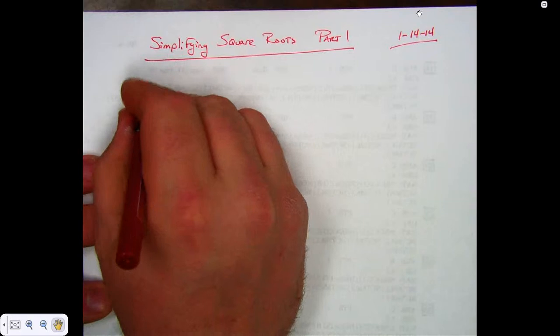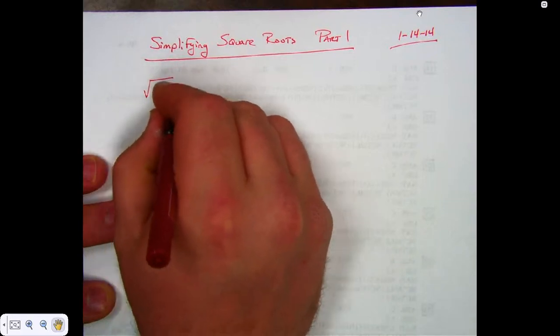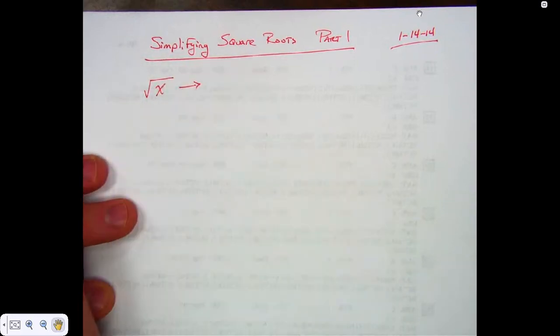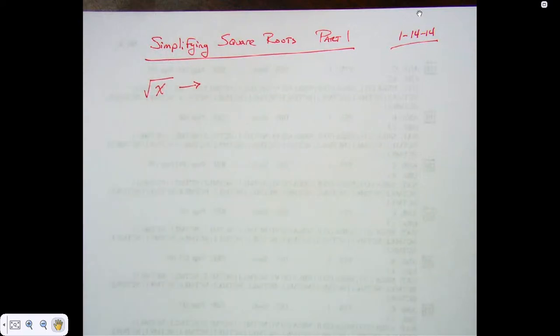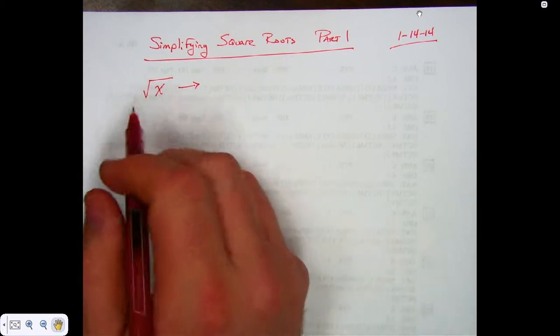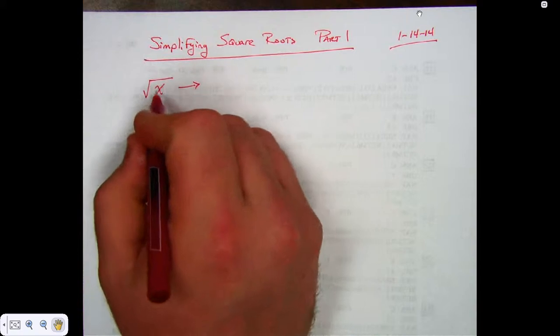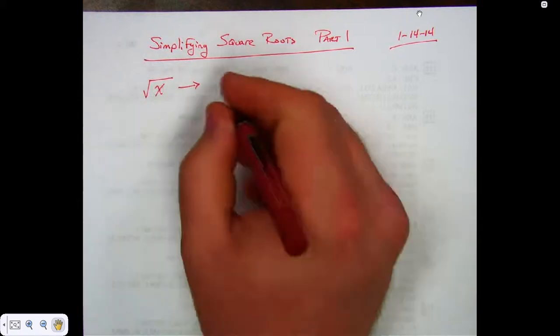First of all, we need to understand what square root of x is basically saying to us. You guys know how multiplication is asking you to do something, right? It's an operation. When they say 3 times 4, they're basically saying you got 3 4s, how many do you have? This is the same thing as multiplication, division, addition. It's asking you to do something with this number. And what it's asking you is,